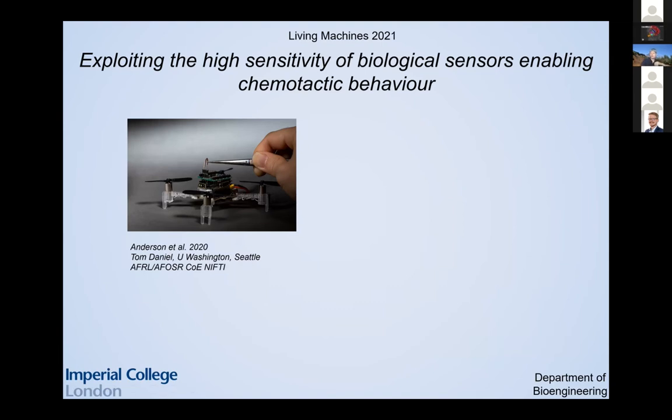That's a little quadcopter platform that's used at the University of Washington by Melanie Anderson in Tom Daniels' group to show that sometimes it's a good idea to just use a biological sensor to achieve certain functions. So what they really do in the course of a project that's funded through the Center of Excellence at the University of Washington that the Air Force is sponsoring,